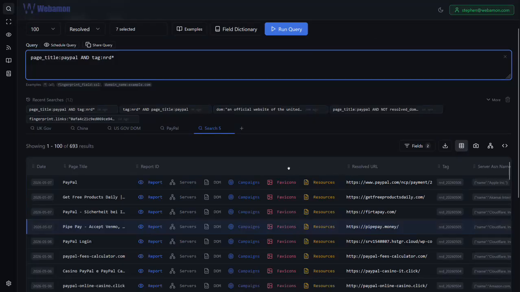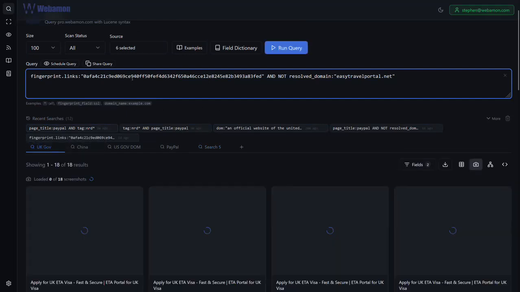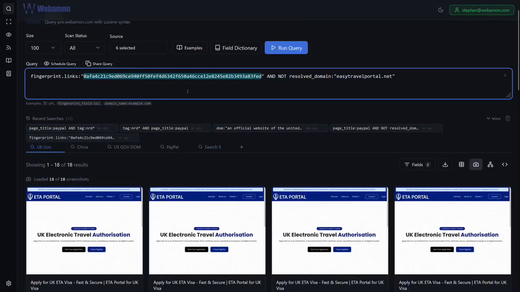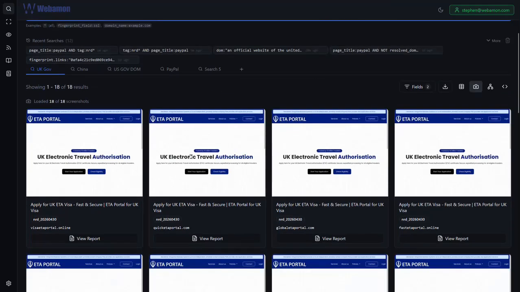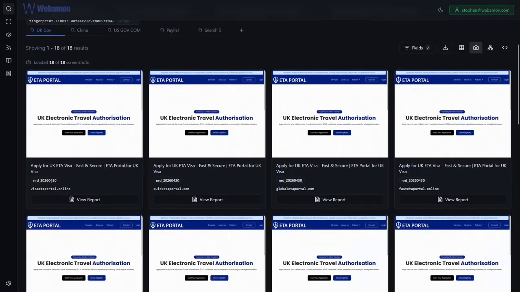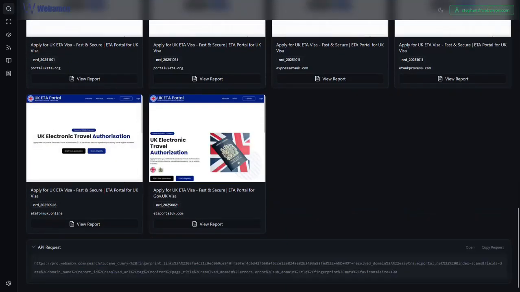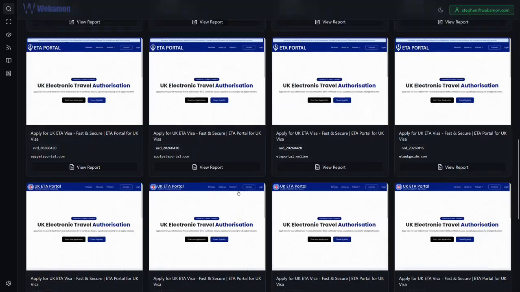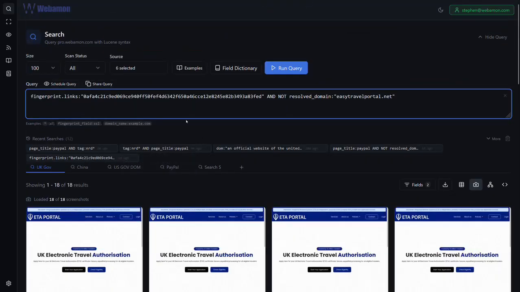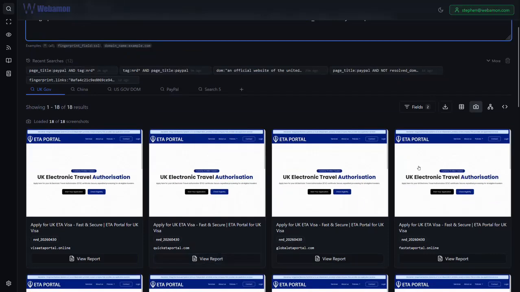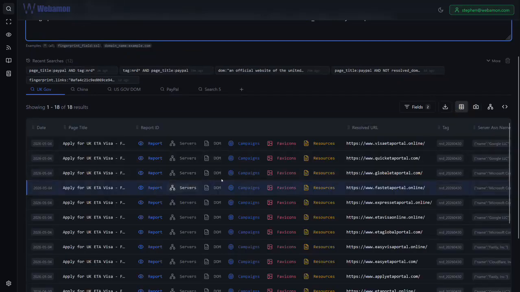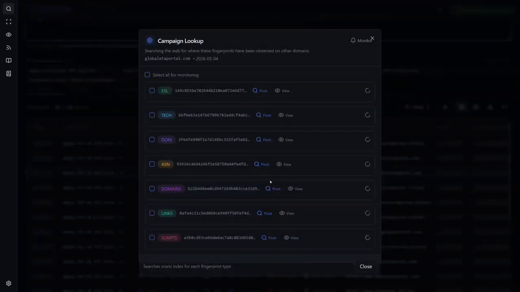If we were to see that play out in practice, we can look at a saved search we have for a Webamon fingerprint of the links. This is ongoing phishing for the UK government visa system, as recent as the 30th of April 2026 and first seen the 21st of August 2025. This was found from clicking, if we do the table view and we click the campaign buttons on one of these,